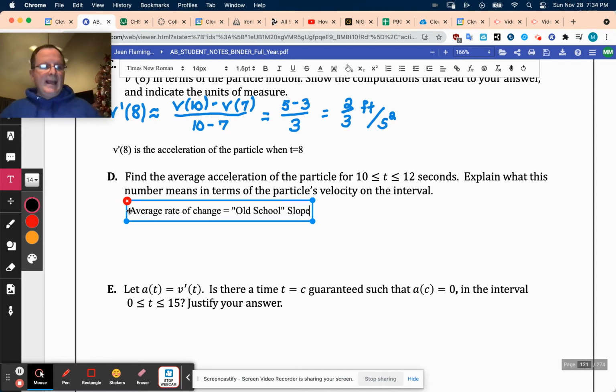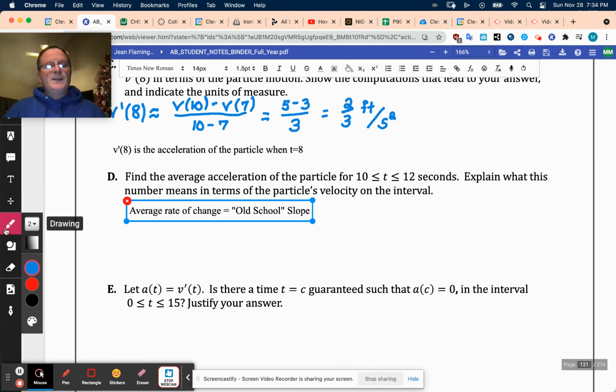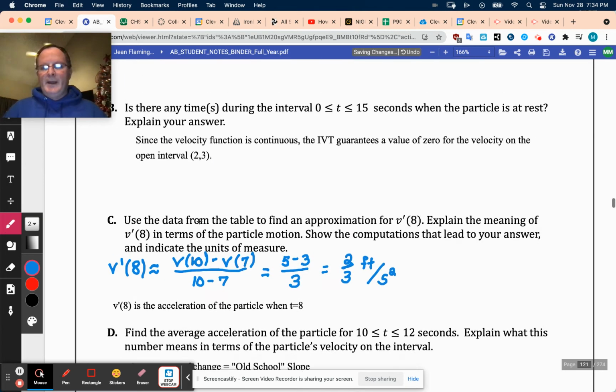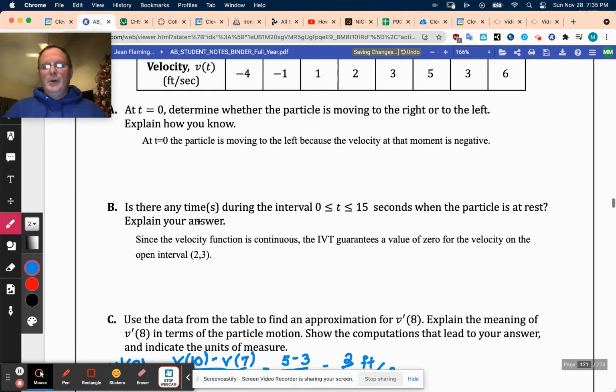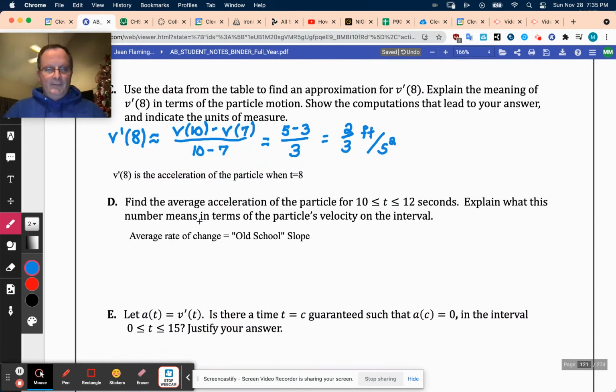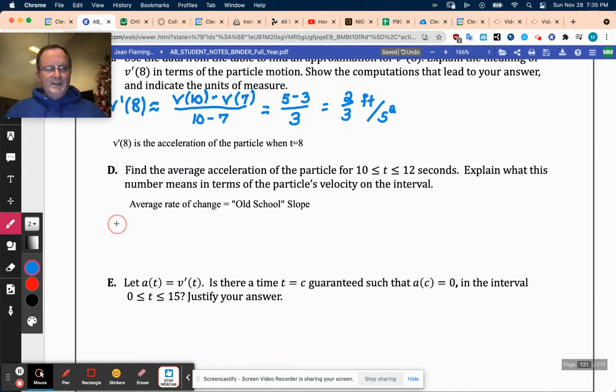Okay, so let's calculate that then for this particular one. It says from 10 to 12, they've got to give us those values. Otherwise, we can't actually do it. And they did. So it goes from velocity of 5 to velocity of 3. All right, so here we go then. So the average acceleration is going to equal,